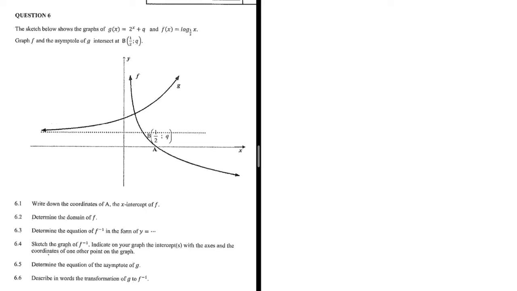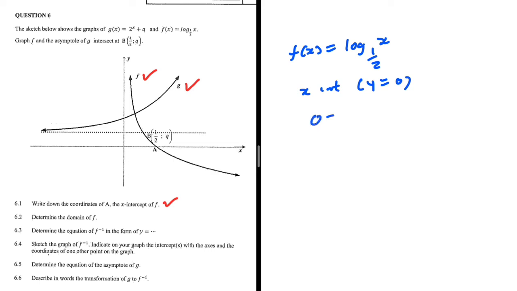Write down the coordinates of A, the x-intercept of f. So we have two functions, f of x and g of x. Well, f of x is equal to log of x and the base is half. And we are looking for A, the x-intercept of f. We know fully well that for the x-intercept, we just need to let y be equal to 0. We're going to get 0 is equal to log of x and the base is half. If we apply one of the log laws, then